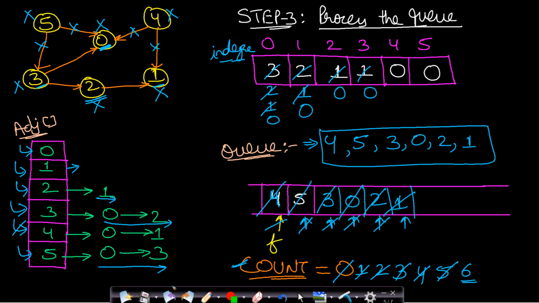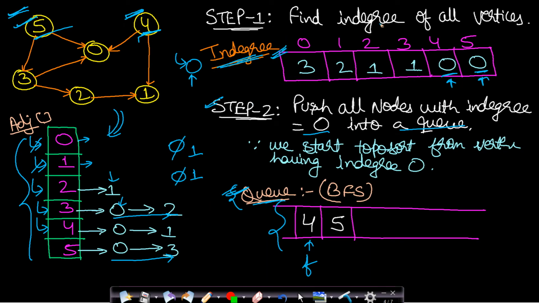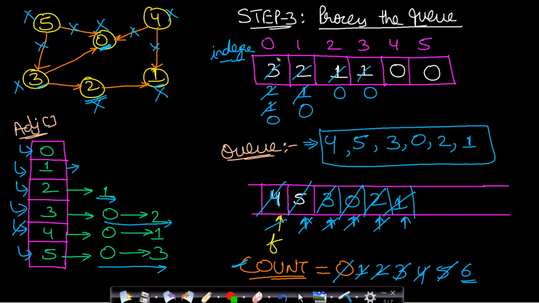In this algorithm, the first step was we were finding the in degree for all the vertices. Once it is found, then we were pushing the starting positions by seeing the in degree value equals to 0. Whichever nodes can be the starting points, they will be first pushed into our queue. And now we will be applying just the BFS algorithm, okay, in the third step. So we will pick out each and every node from the front of the queue, and then we will process it. In this case, processing is nothing but removing the node from the graph.